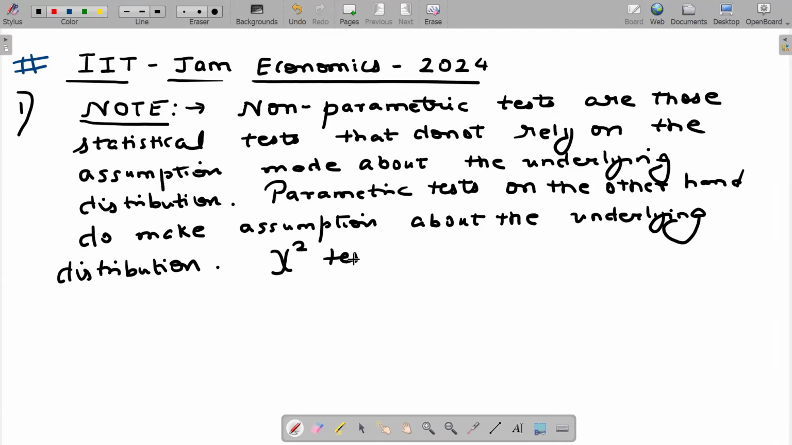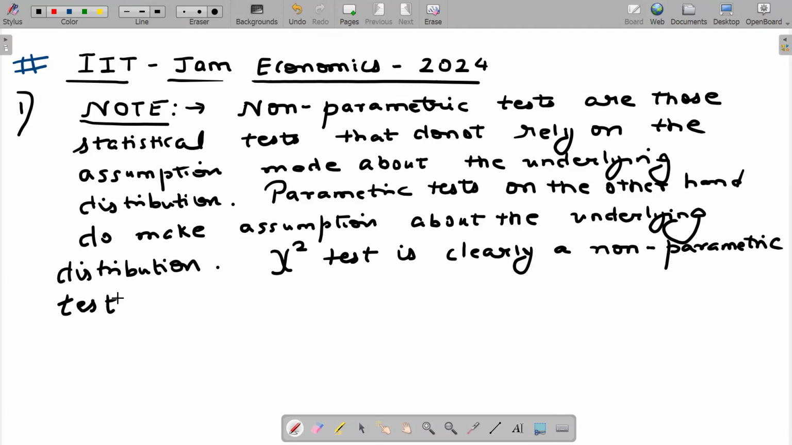Chi-square test is clearly a non-parametric test. And when do we use chi-square test, students? Recall, we use chi-square test when we have to test the hypothesis of the population variance being equal to a certain hypothesized value. We also use chi-square test when we work with categorical data, where we have